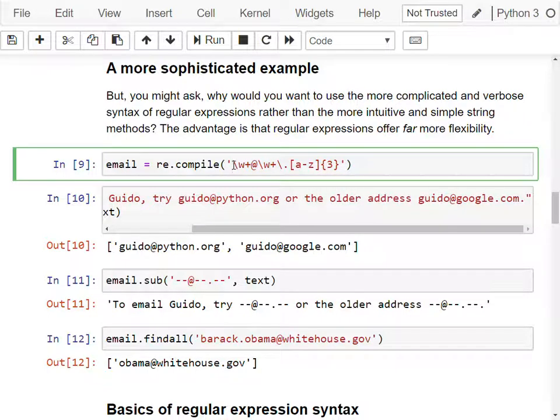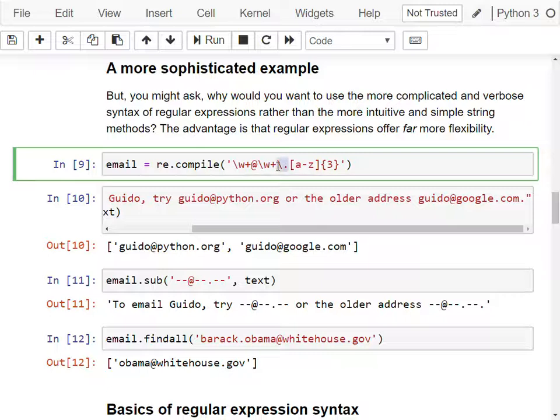There are a couple of syntactical conventions here, which I will cover in more detail in the following section, but let's read it now. So what's the email? The email is \w, which stands for any alphanumeric character. The plus means repeated. So I'm looking for any alphanumeric character repeated, then @, which is the @ character, and then followed by \w+, any alphanumeric character repeated, followed by the